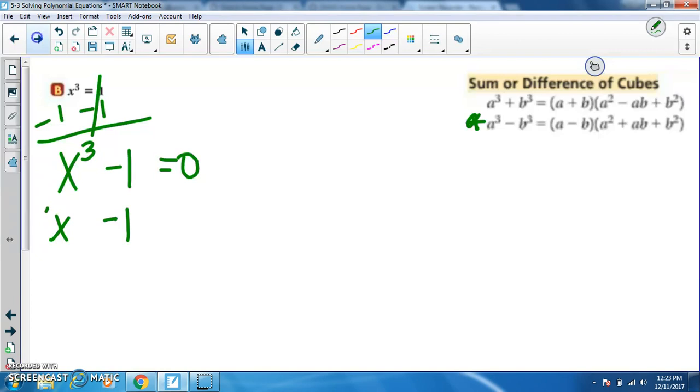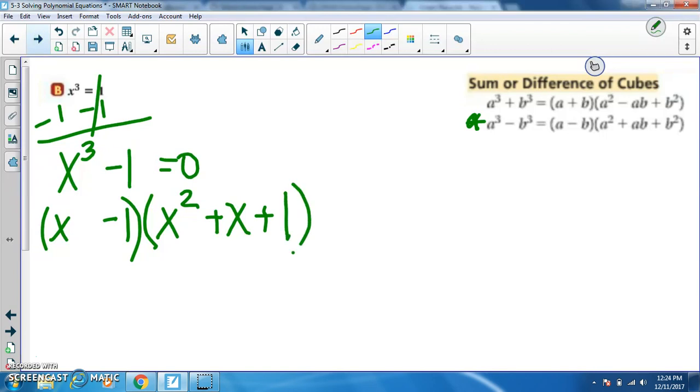So it's going to be x minus 1 times x squared plus x times 1, which is x, plus negative 1 squared, which is 1, is my factored form,